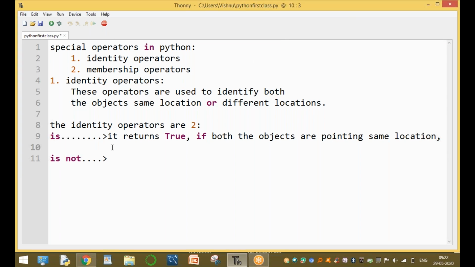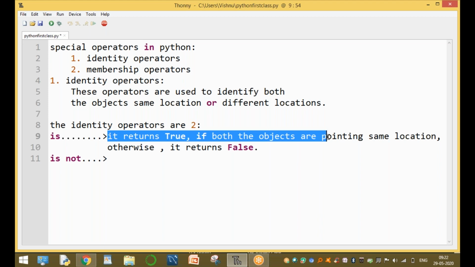This operator is called the is operator.